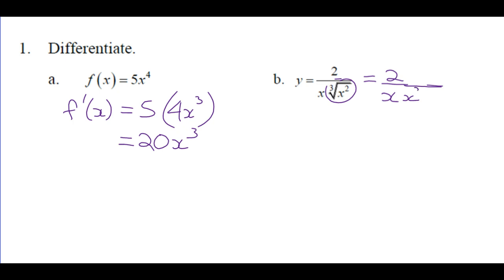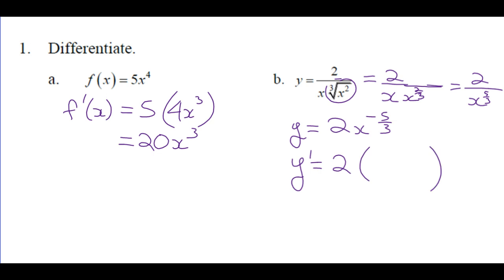5/3, which is 2 over x to the 5/3. So y is equal to 2x to the negative 5/3. Right? We need to write it in the form of c times x to the n, which we can now differentiate. So we know that y prime